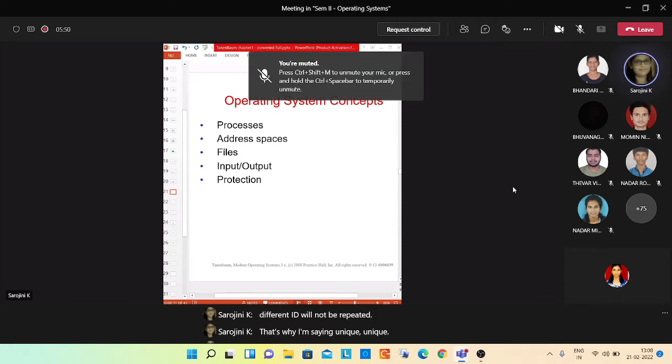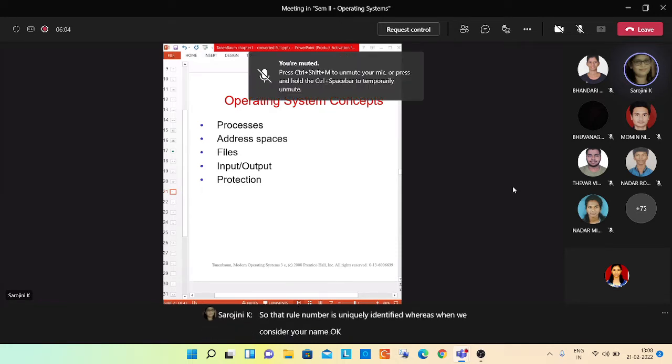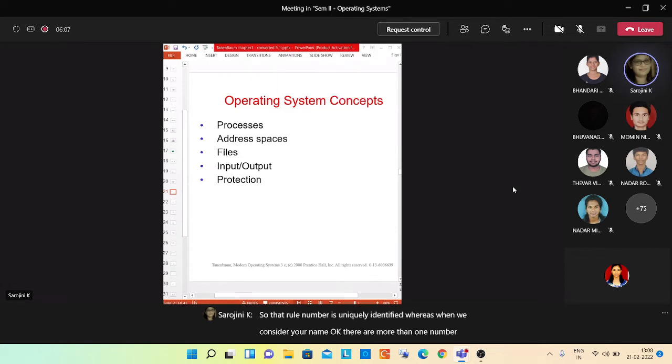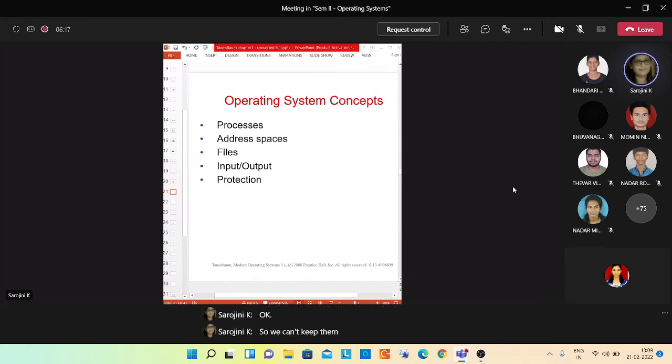How is your roll number unique in your classroom? Roll number 1 will not belong to more than one student, right? So that roll number is uniquely identified. Whereas when we consider your name, there can be more than one Akhilesh in one class. So we can't keep the name as a unique ID.